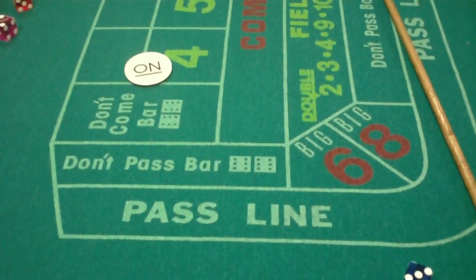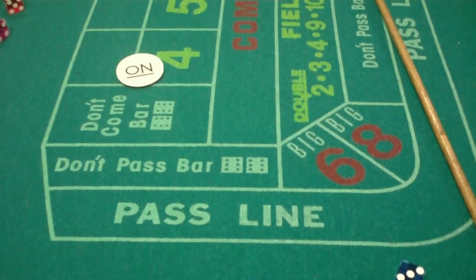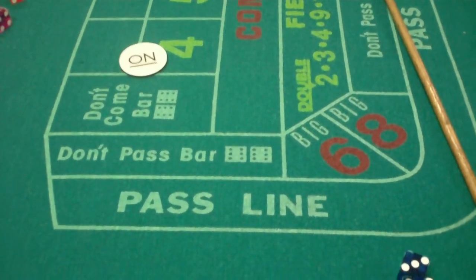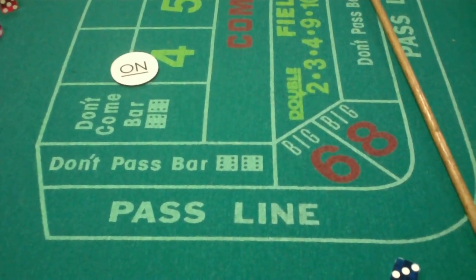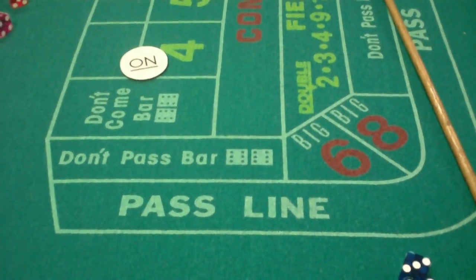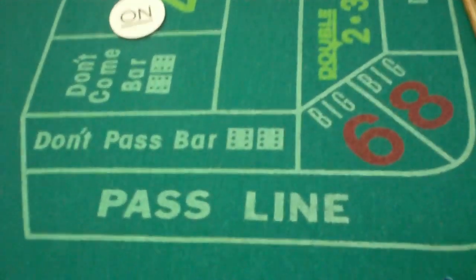So this is the Dice Doctor tutorial, and I'm going to go through his first system, which I am playing, which is going to be a pass line system, which also includes a place betting system for the 6 and 8. Currently I'm playing at a $10 level, so what would happen was each individual roll on the pass line,